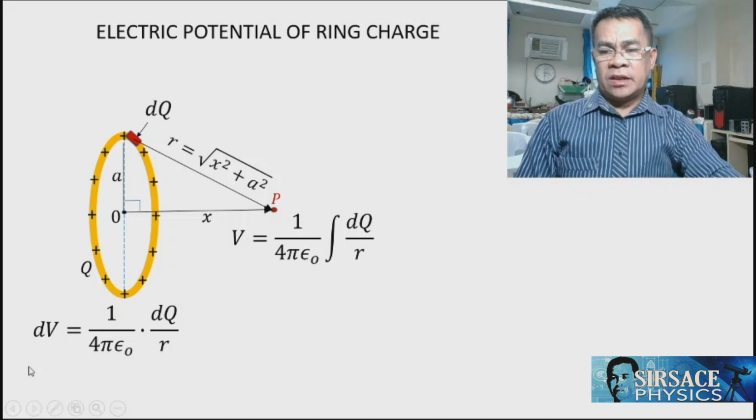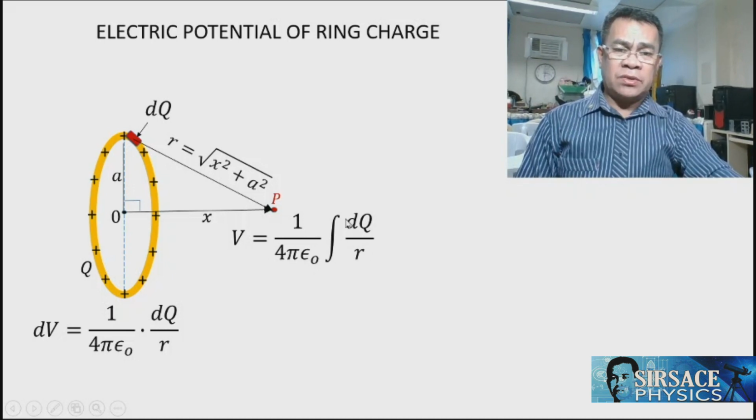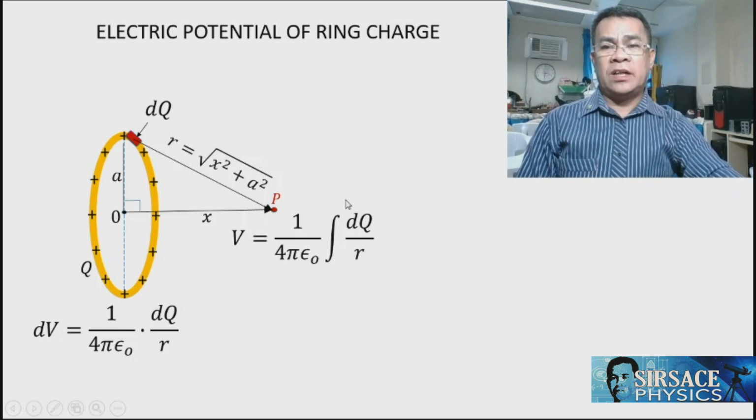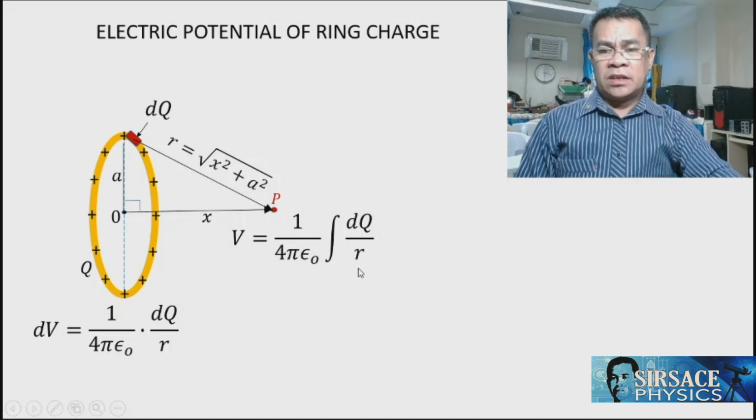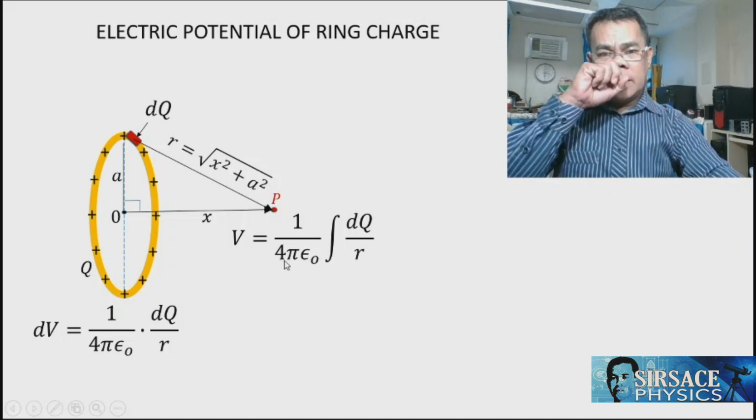Integrating this, because this is a differential, we come up with the electric potential, which is equal to 1 over 4 pi permittivity, the integral of dq over r. So we need to substitute dq and r, and after that integrate, so that we can solve for the value of the electric potential at point P because of this ring charge. So, what is dq? r is nothing to worry about because this is equivalent to the square root of x squared plus a squared. Now dq is